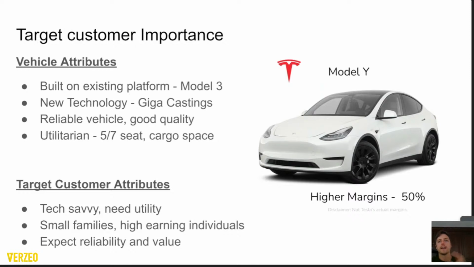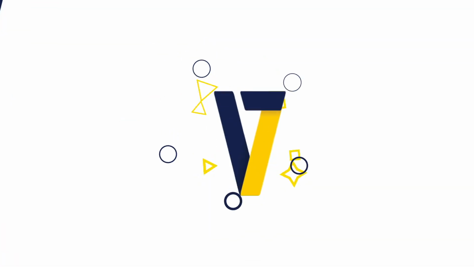Tesla was able to take the designs that they already had and basically take it one step farther with a vehicle that produces higher margin, most likely. These numbers aren't actual Tesla profit margins. I don't know what the actual numbers are, but the Model Y does definitely command slightly higher selling prices than the Model 3 because it has more features. It's a larger vehicle technically, but the target customers for the Model Y are a lot different than for the